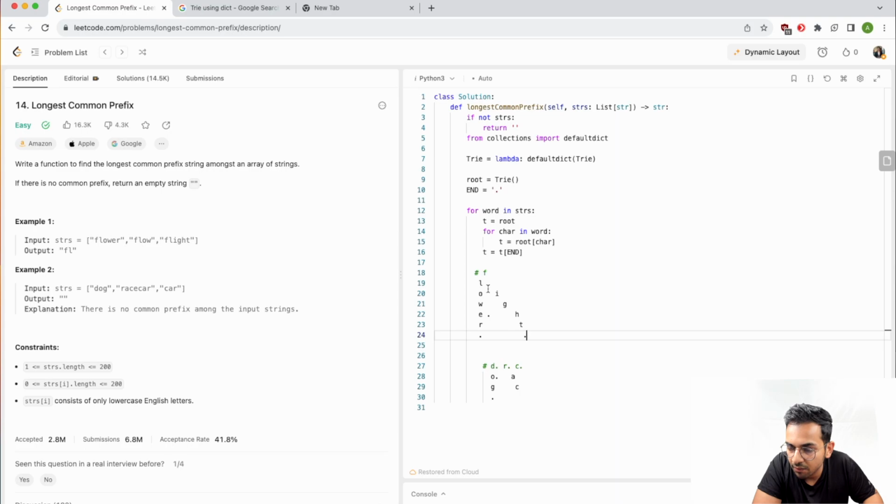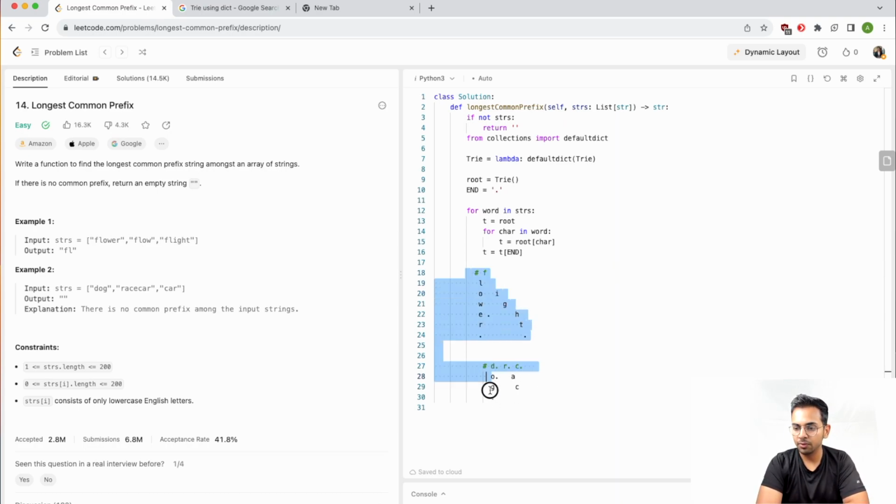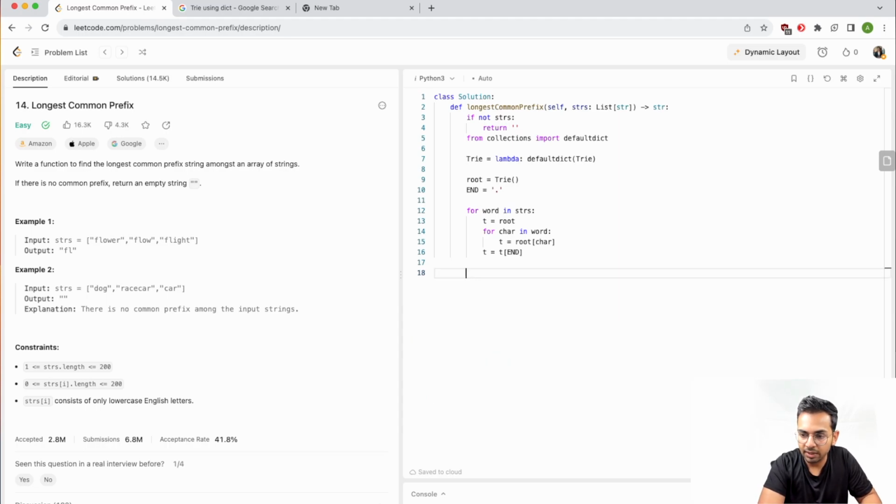So to even find out the common prefix, we just have to check the number of keys stored in each level, and if it is 1, then we are appending it to the prefix. Otherwise we are just coming out. Make sense? Okay, so if it is not, we are coming out, no point going forward, and so on and so forth. Fair? So what we can do is say final result equals empty, while